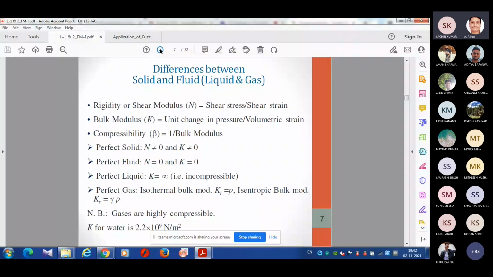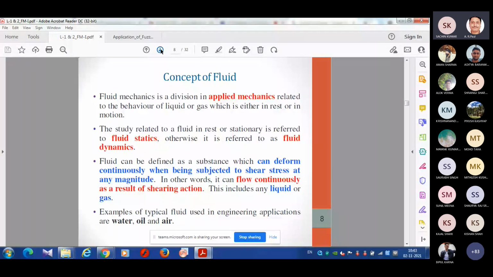Okay. So these are all definitions, and with the help of the definitions, how can you set the perfect solid, perfect liquid, and perfect fluid? Now we'll see some real life examples. So I put a slide with some words so that you can read these slides and things will be understood by you. If you still cannot understand, please refer back to my video recording.